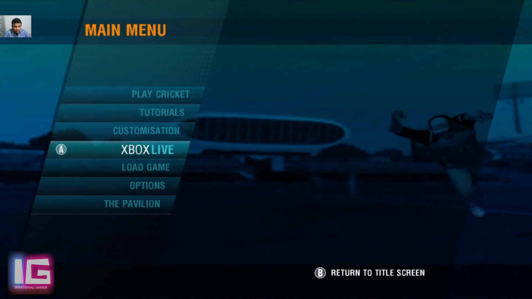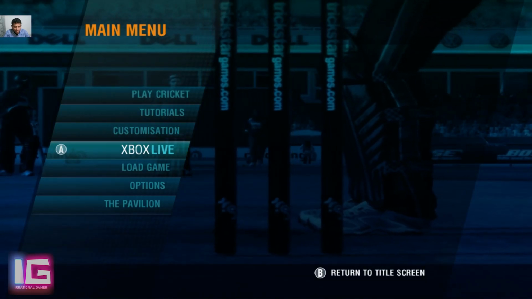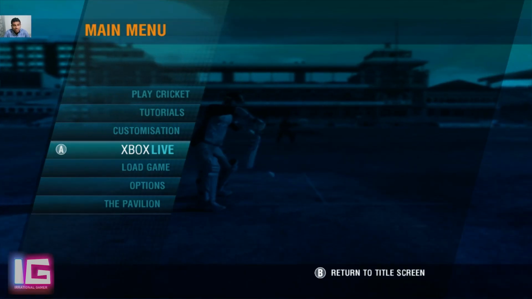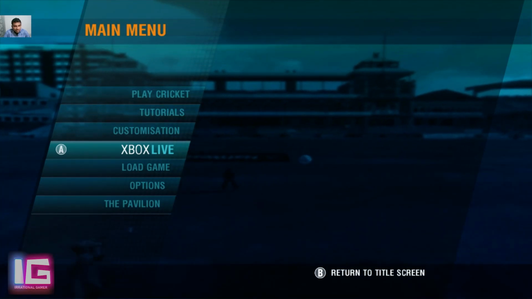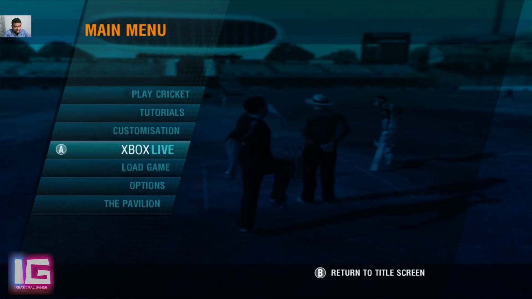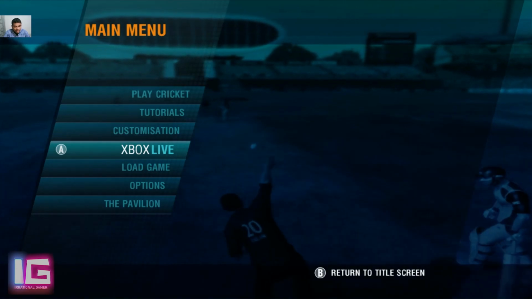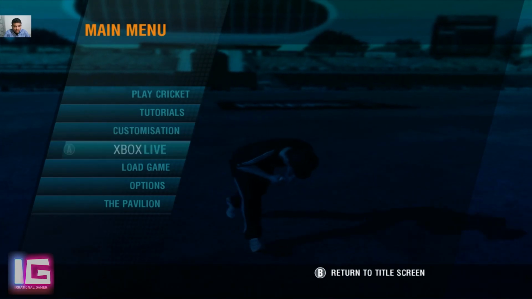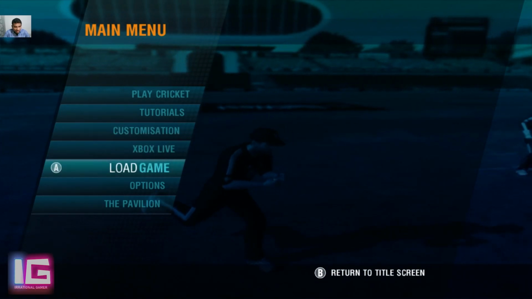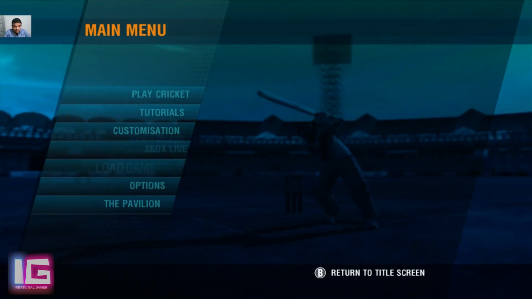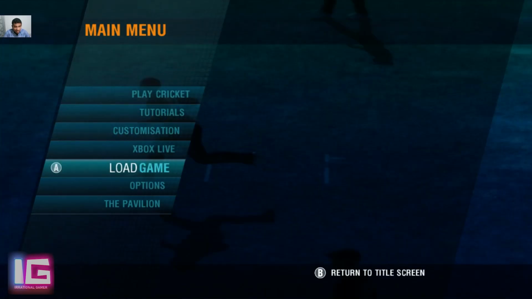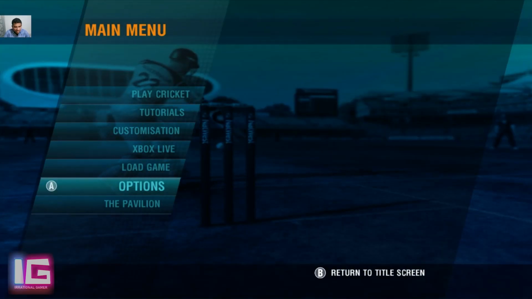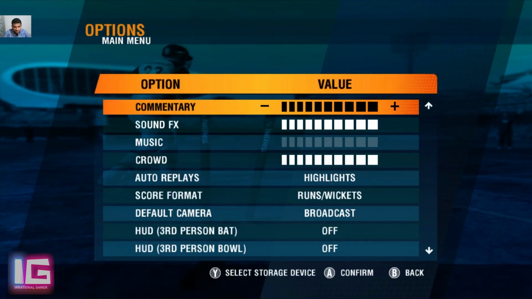Then we have the option to go on Xbox Live. Obviously I am running the Xbox version of this game, that's why I have the Xbox Live option. And if you look at the controls, it says A, B and X, Y, which are from the Xbox console. We have the option to load game, and then here are the actual game options